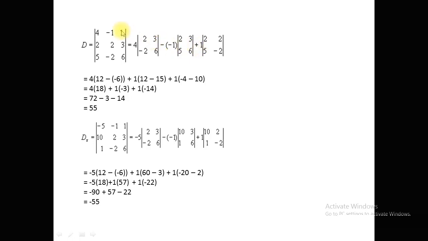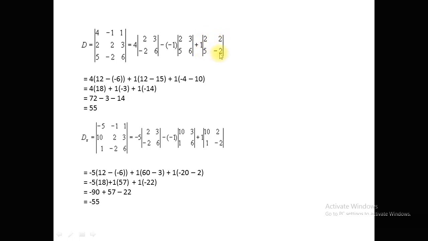Similarly for the cofactor of 1, by deleting the first row and third column, we obtain plus 1. The position of this element is first row and third column. So minus 1 power 1 plus 3 is equal to minus 1 power 4. This is the formula for the cofactors, and the minor matrix is M13. So the cofactor of 1 is plus 1, and the minor matrix contains the elements 2, 2, 5, minus 2.